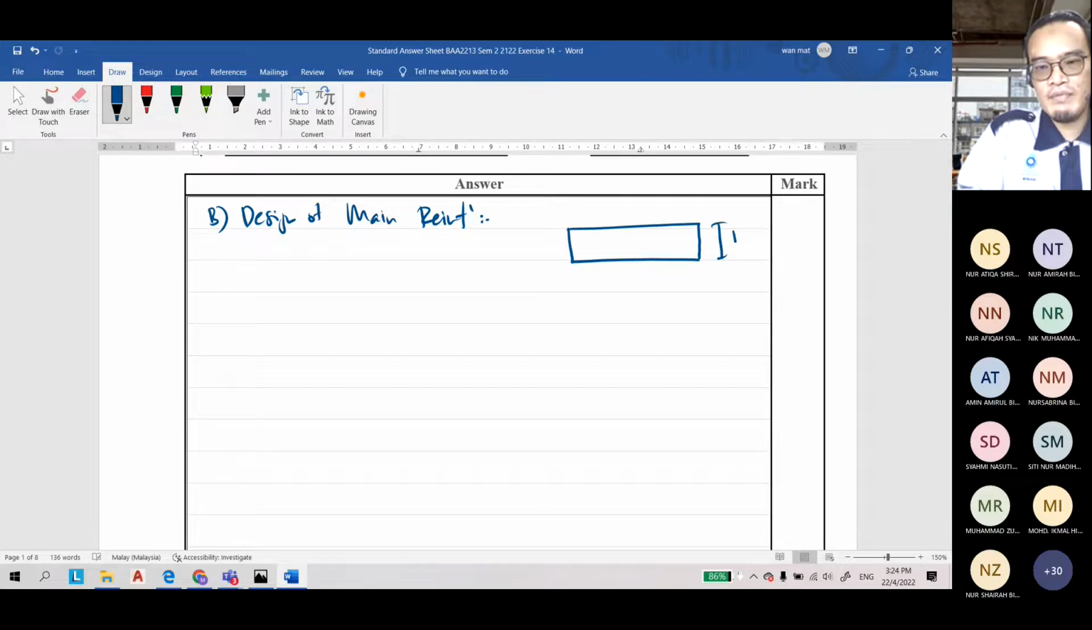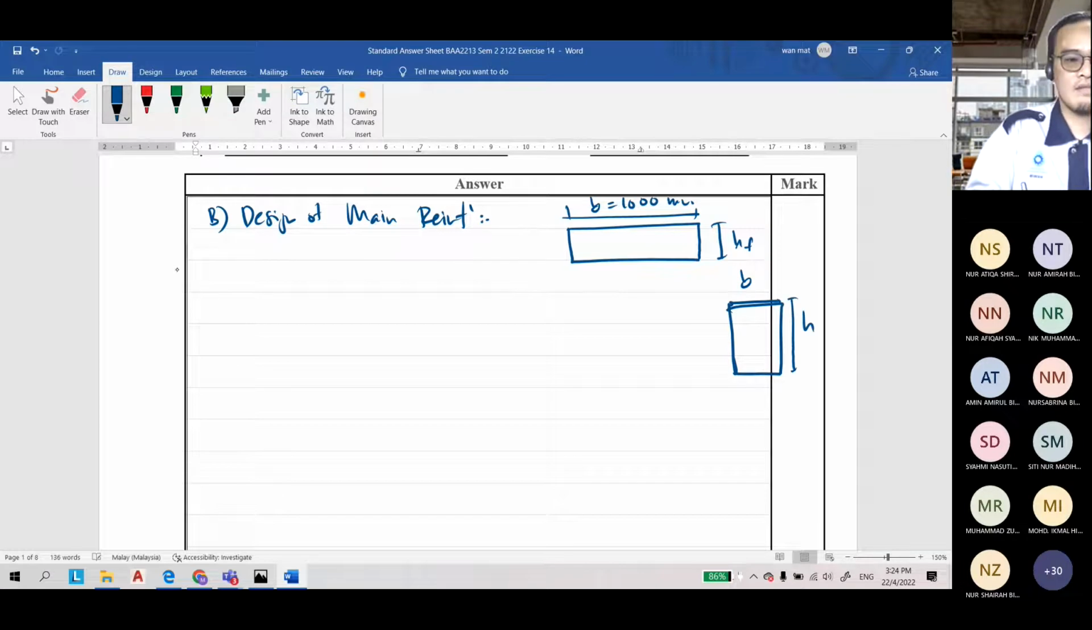Okay, for the beam, the width B is always equal to 1000 mm, and B is always larger than the depth of the beam. This is the situation. This is the B, and this is the depth of the beam. That's the difference. So what we are going to do is first you calculate the value of